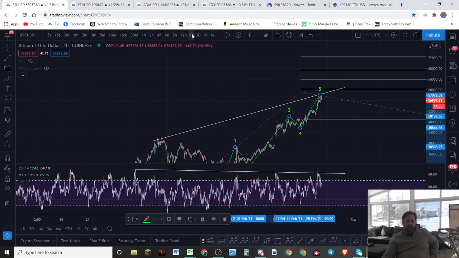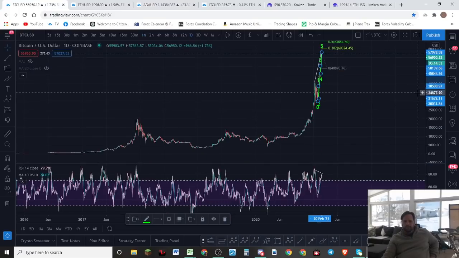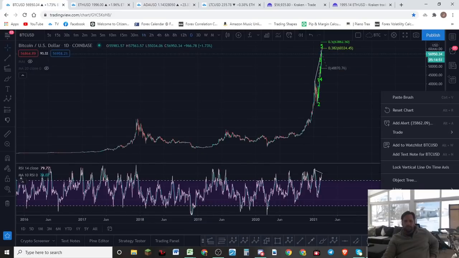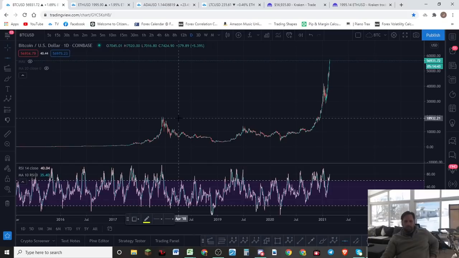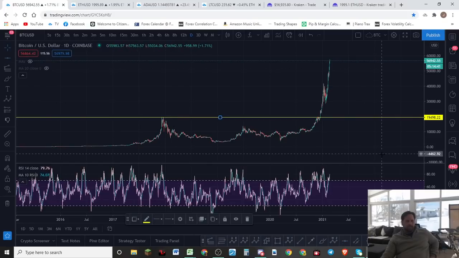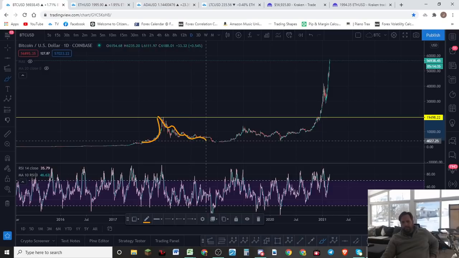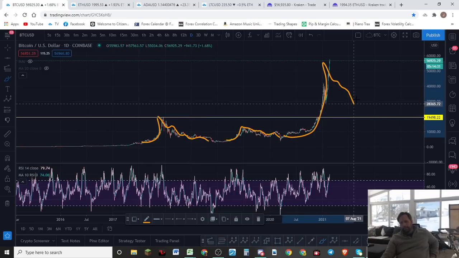Let me just show you the daily chart. If you don't think this is ready for a correction, a square up, a market correction back down to these regions, you just don't understand the way Bitcoin moves. Okay, it goes parabolic and then it works its way back down. Parabolic works its way back down. That's the way Bitcoin moves, guys.